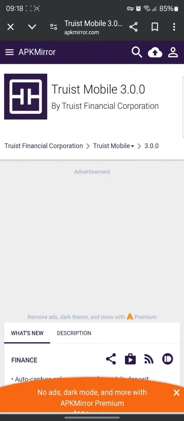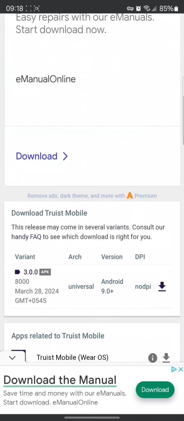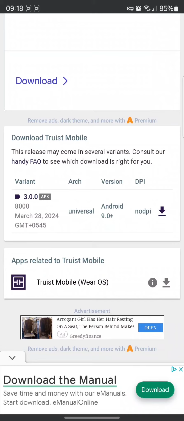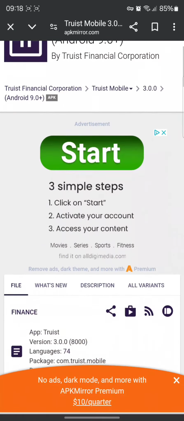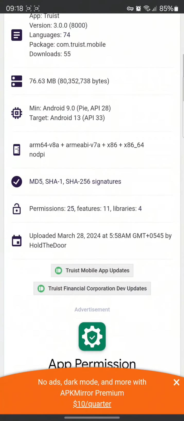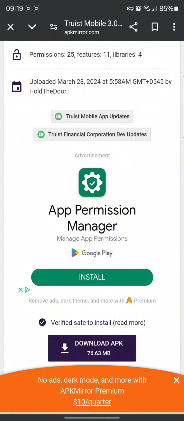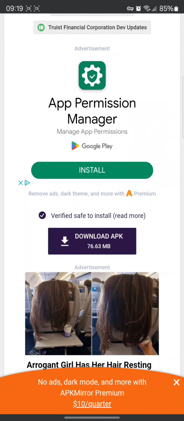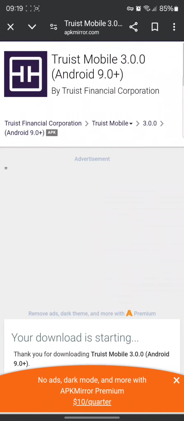Now all you need to do is simply scroll down below and tap on the download option next to the download Truist mobile. So once you tap on it, you will end up in this interface. So you need to simply scroll down below where you can find the option called download APK. Simply tap on download APK, and after you do so, your Truist mobile banking app will start to get downloaded